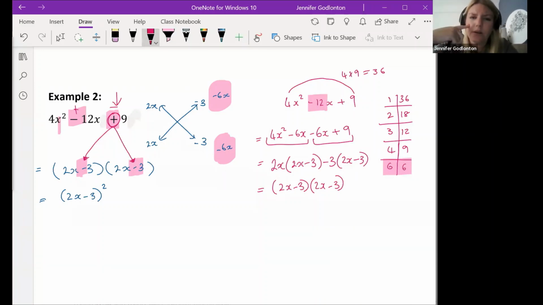Do we look at the middle term, ma'am? Is it the one that determines our final sign, whether it's a negative or a positive? Yes, the middle term is exactly what determines that. So we need to get negative 12. And so when we multiply this 2x and the 3, it has to be a negative 3 because we have to get negative 6. And then we have to get another negative 6 because we need to get negative 12. Okay, ma'am. Thank you very much.